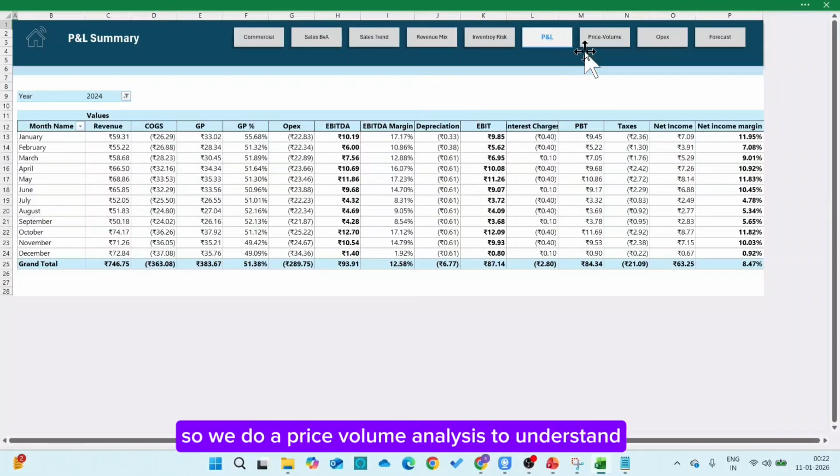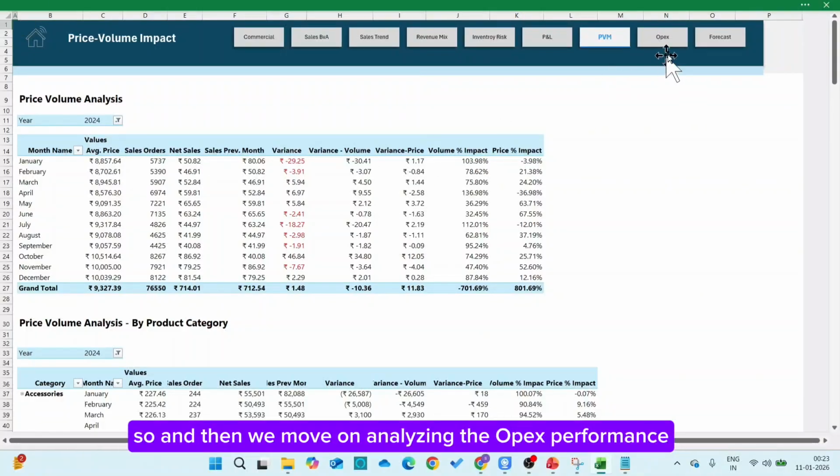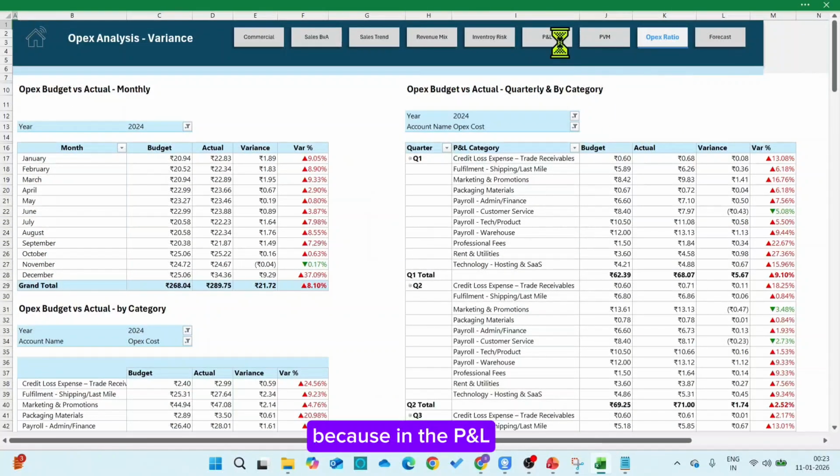So we do a price volume analysis to understand what is the impact because of the change in price. What is the impact because of the change in orders? Exactly like how an expert analyst would do it. Okay. And then we move on analyzing the OPEX performance, because in the P&L, the next thing to do